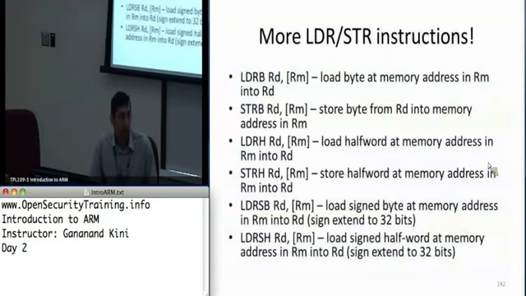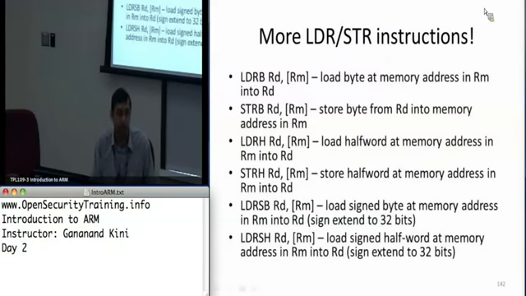So I think somebody asked yesterday whether we can also load bytes, half words, and other sizes of data into our registers, and the answer is we can. So you have LDRB and STRB, where you can load and store bytes at a time at the destination address, and this actually allows you to do some non-aligned accesses to memory. LDRH and STRH do half words, and then you have LDRSB and LDRSH,